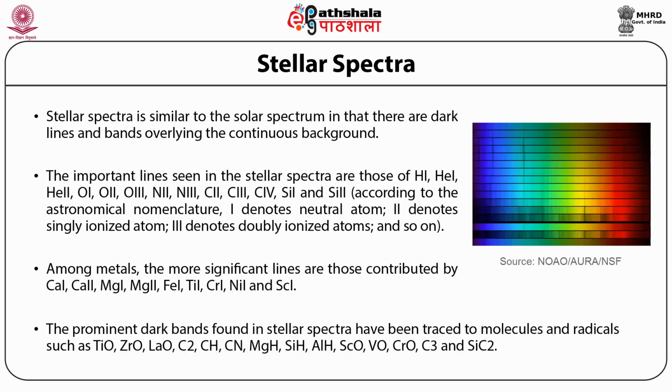Stellar spectra display great diversity in the number and intensity of lines and bands, and in the intensity of the background continuum. This figure shows a sequence of spectra. At the top, we see a spectrum with just a few lines. At the bottom, we see a spectrum with thousands of absorption lines. In this diagram, we can also notice the change in the brightness of the background continuum.